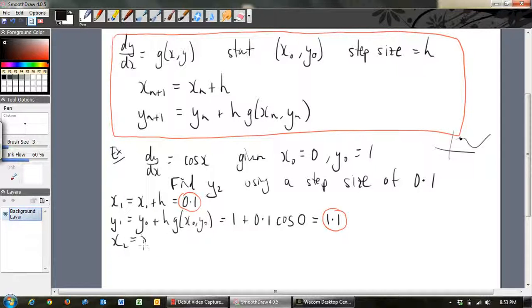x2 is equal to x1 plus h, so we just keep on adding 0.1, so that's equal to 0.2. y2 will be equal to, look at the formula, y1 plus h g of x1 and y1. What was y1? y1 was 1.1, plus h is 0.1, and putting in